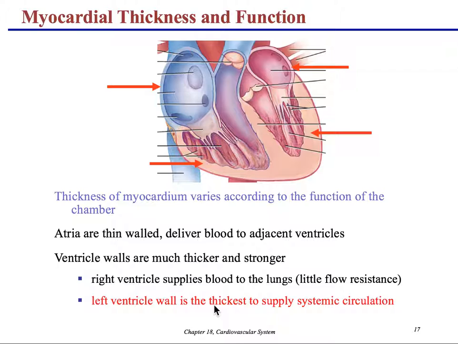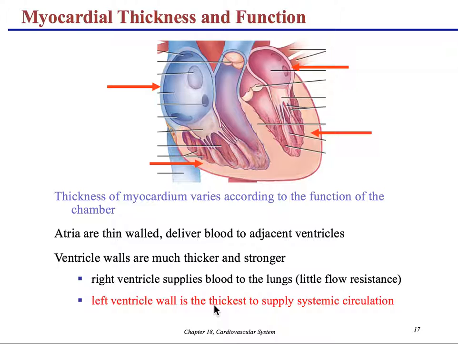So, myocardial thickness and function. The thickness of the myocardium varies according to the function of the chamber. From A-level biology or GCSEs, or whatever you studied if you're from a different country, you would know the left ventricle has a thicker myocardium, so thicker muscle mass compared to the right, because the left pumps blood towards the extremities of the body. So the pressure and force that needs to be generated from that muscle has to be significantly greater compared to the one on the right, because on the right,